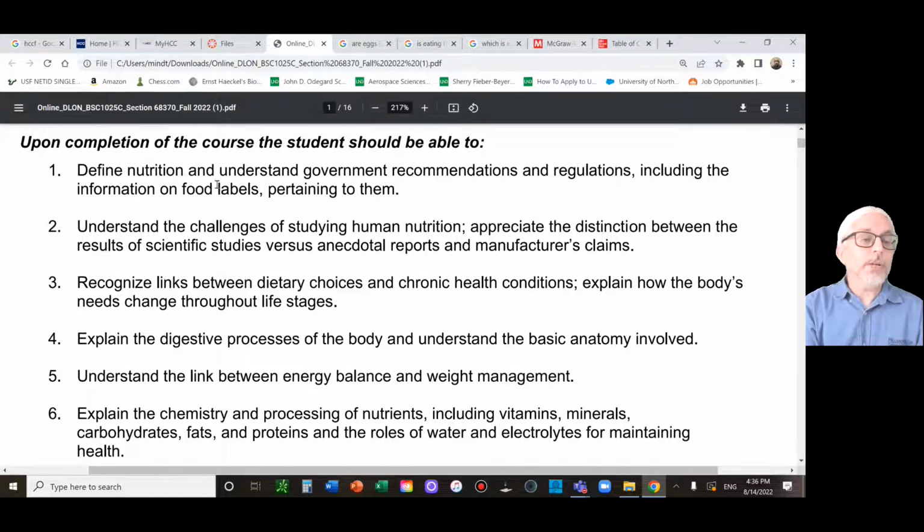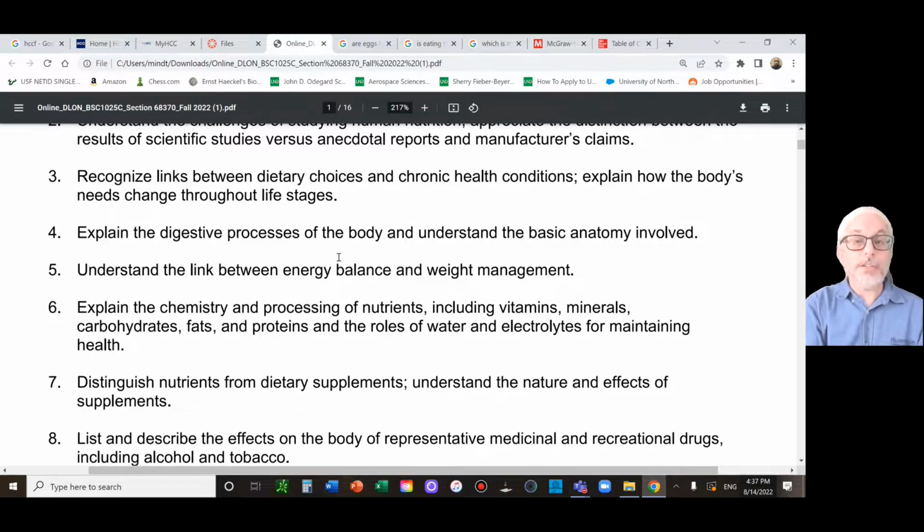Notice it's robust. What is nutrition? How does it work in you? Scientific studies, of course, are very important. Chronic health conditions. I think I mentioned celiacs. So again, digestive process, celiacs. Energy is a really tough one. What is energy? This nebulous idea we have in science. Also, we'll talk about that and how that affects you, and so forth.